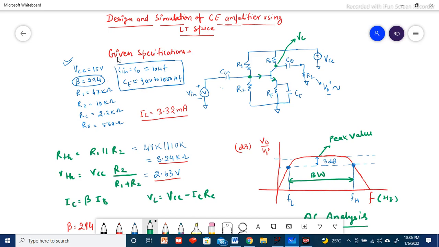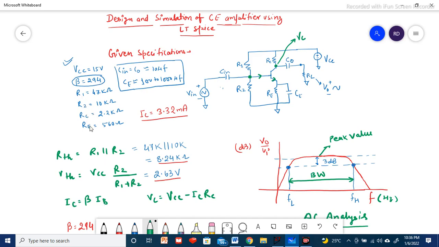As you can see, for a particular given specification, we have taken a DC supply VCC of 15 volt, which will be connected here. We can select any value, 10, 15, 20 volt, whatever is available. Here I have just taken 15 volt. The beta of the transistor, from the transistor I am going to take in the LT-Spice library, is approximately 294. We will also verify in the simulation whether our beta is correct or not by getting the value of IB and IC, as we know the current gain relation, where IC is nothing but beta times IB.